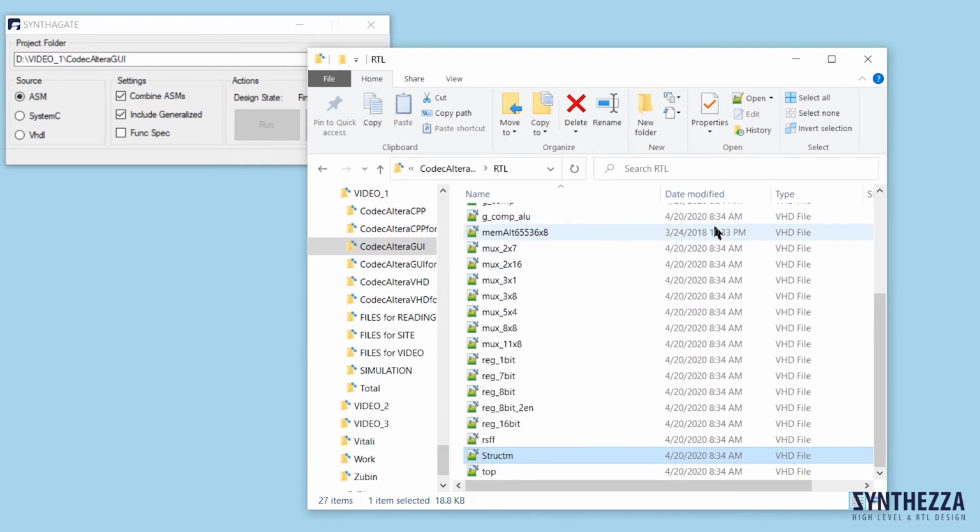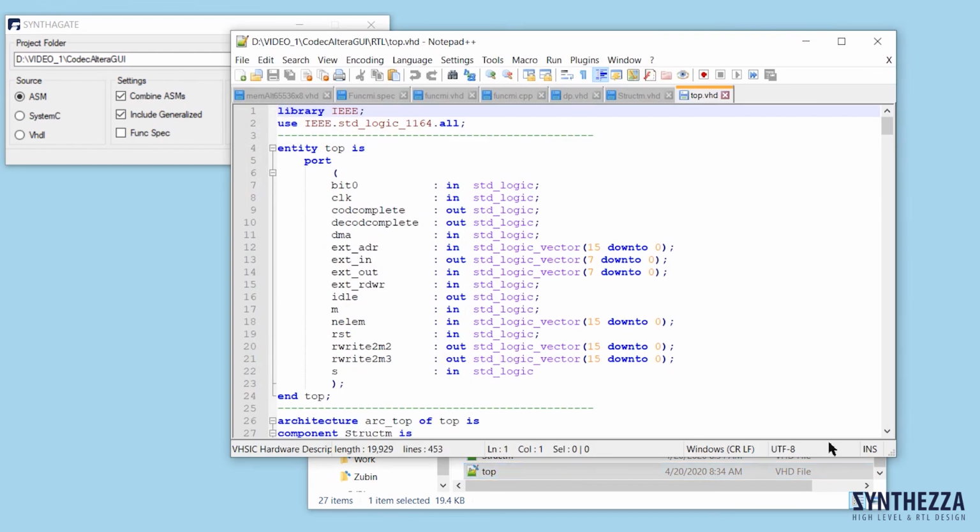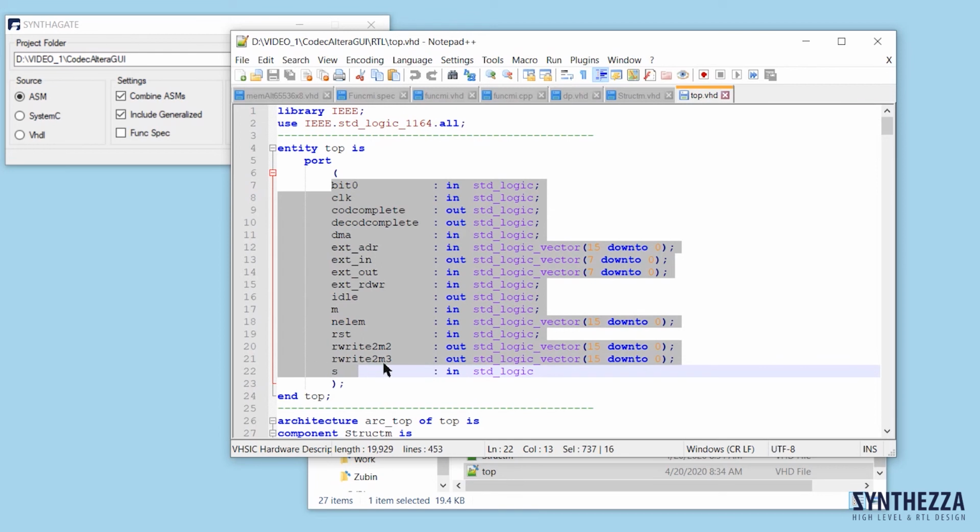At the last stage, Syntagate creates the top level, file top VHD, combining two components, the control unit and data path. The entity of this file contains inputs and outputs of the design systems.